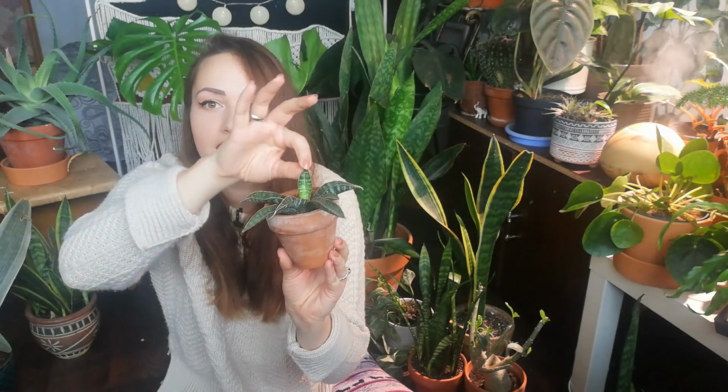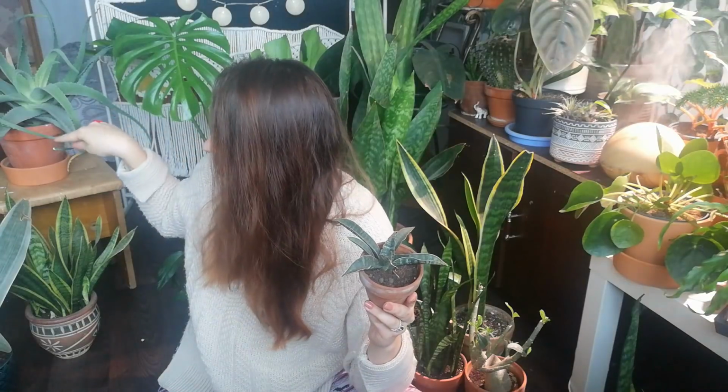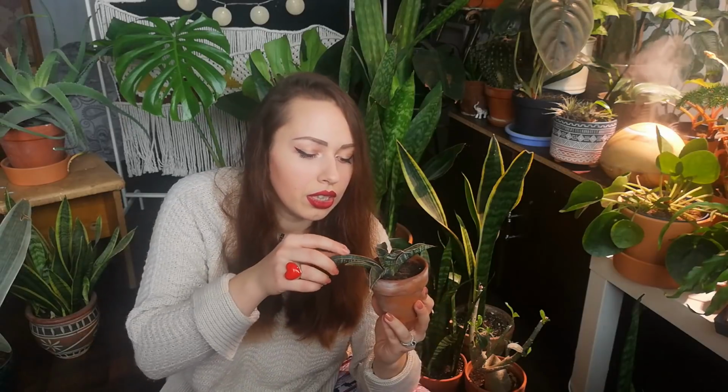Okay. Let's talk about a couple of other sansevierias. So here I have my Sansevieria kirkii, and as you can tell by the color, this leaf is the newest one and it came about a month ago and it just keeps on coming, and I can already see a tip of a new one. This is a really cool looking Sansevieria. I have the same Sansevieria kirkii but in copper tone. I'm looking at it right now and it's looking even better than it did in the summer, because in summer they are growing in terracotta pots and they dry out so quickly and they would immediately turn wrinkly and thin, and whenever I water them they get bouncy again. So right now when they're not drying out so quickly, actually one interesting tip,